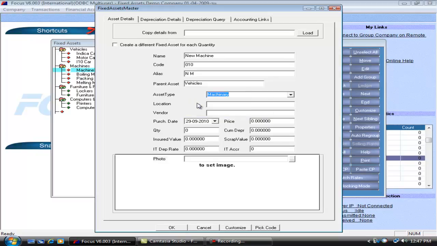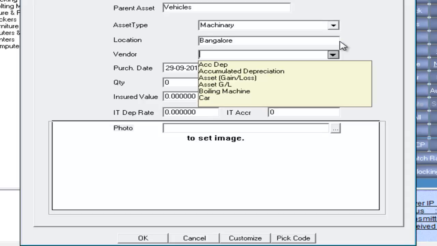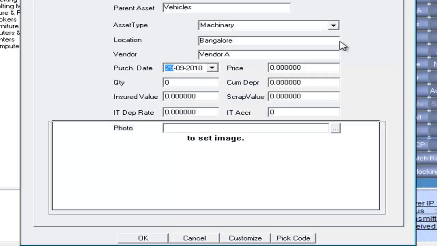Asset type: which type of asset is this one? These are all provided by default. So for this we have to select the type. Location: these are the locations we just created. So as per our assumption, Bangalore is our location. Vendor: we are getting the details here from the accounts master. Vendor A. On which date we bought the asset, what was the cost,